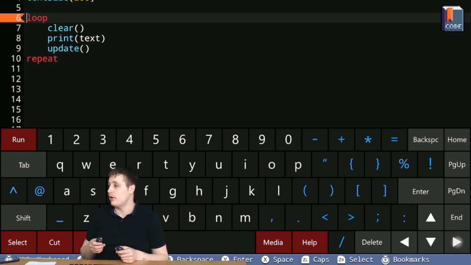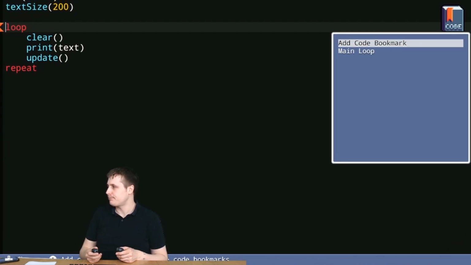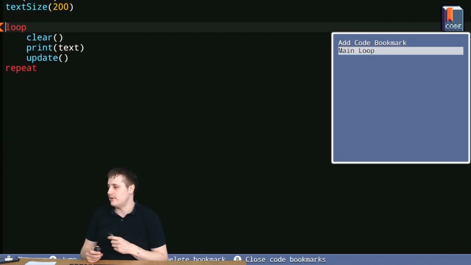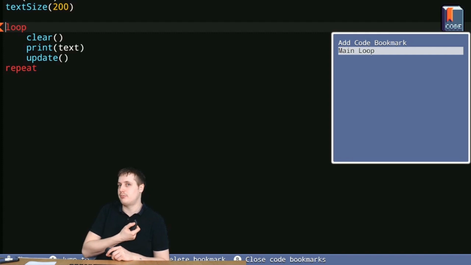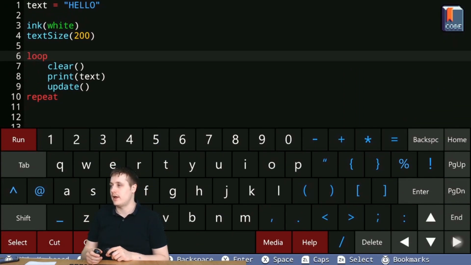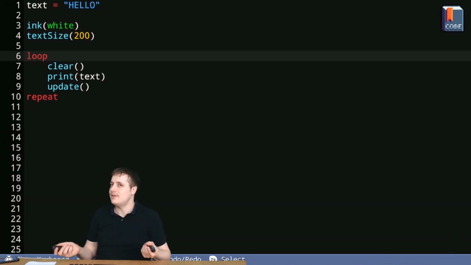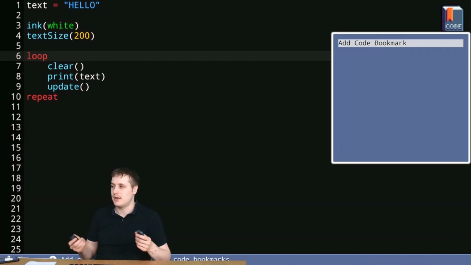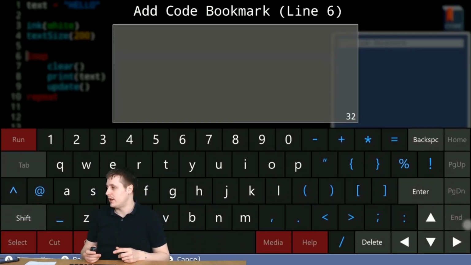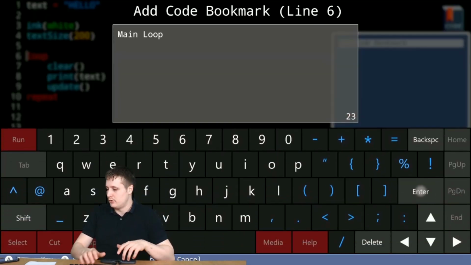You can also delete bookmarks very easily from the menu. Just go to the bookmark that you want to delete, and you can press the X button instead of the A button to delete the bookmark. And there it is, it's gone. So it's really easy to add it again if you delete it by mistake, or just to add another one if you want to. The clever thing about them, actually, if I just put that one back at main loop,